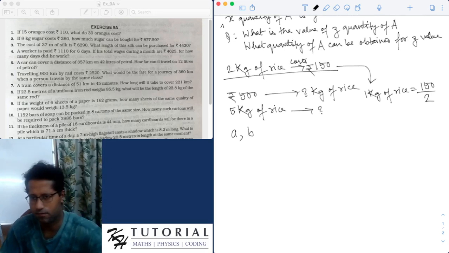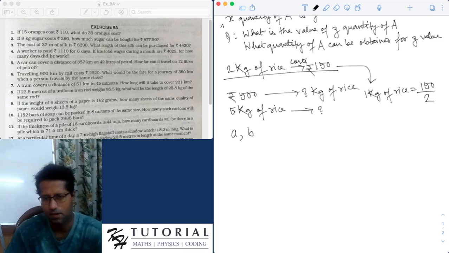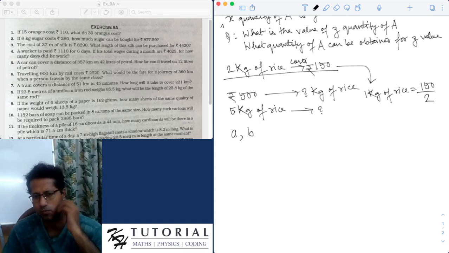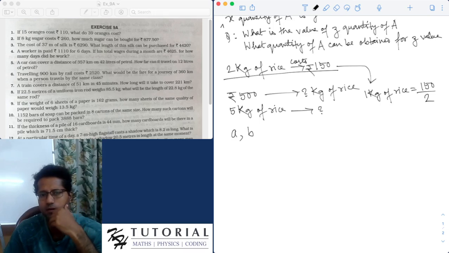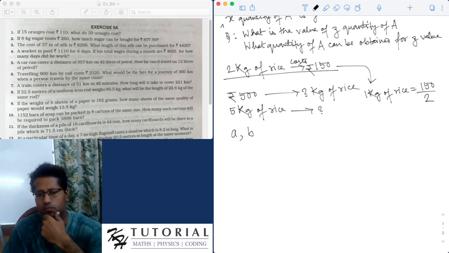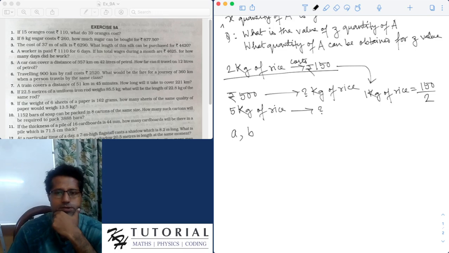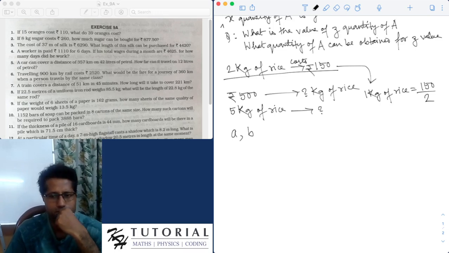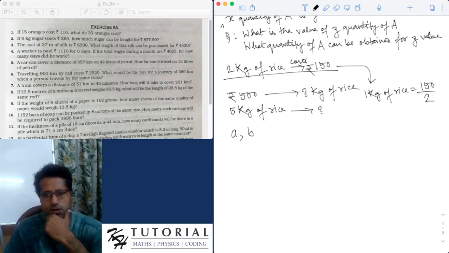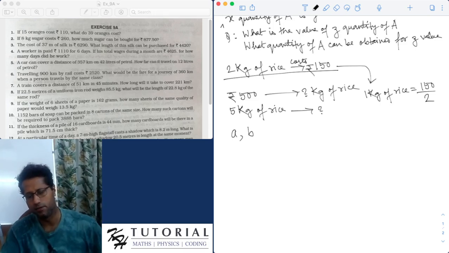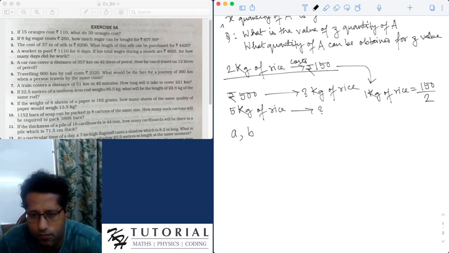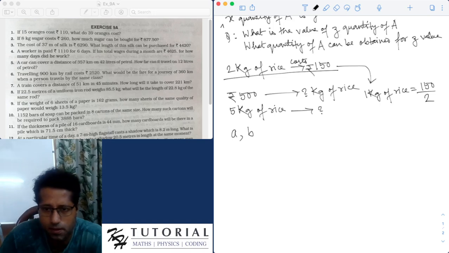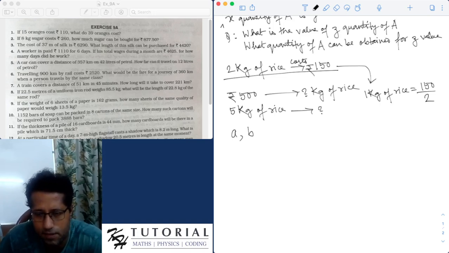For example, in the case of rice, A could be the amount of rice in kg and B could be the cost of rice in rupees, or A could be the cost of rice in rupees and B could be the amount of rice in kg, or any other quantities. Now, these two quantities are said to vary directly if the ratio A is to B